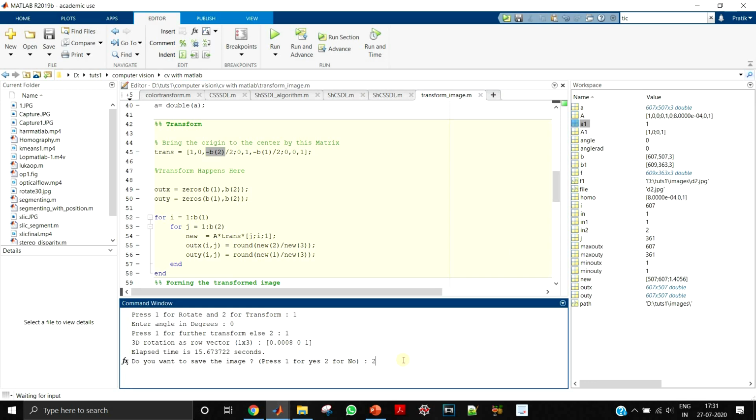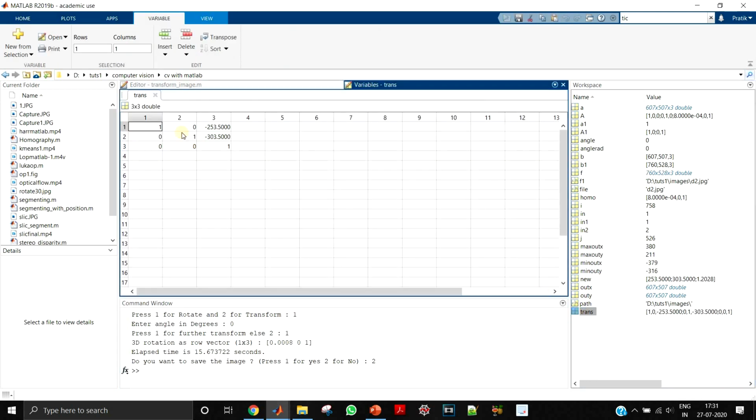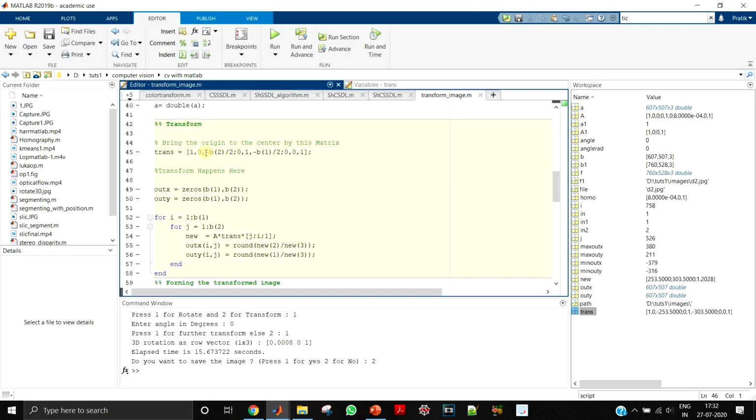Oops, I have to first run this. Right, so here you can see the trans. You can see that there is nothing over here. This is identity, so no rotation, nothing. It has just numbers over here. We know that these two numbers are for translation. So this is just pure translation to bring the origin to the center. That's it. And how do you do that? That is by the size.